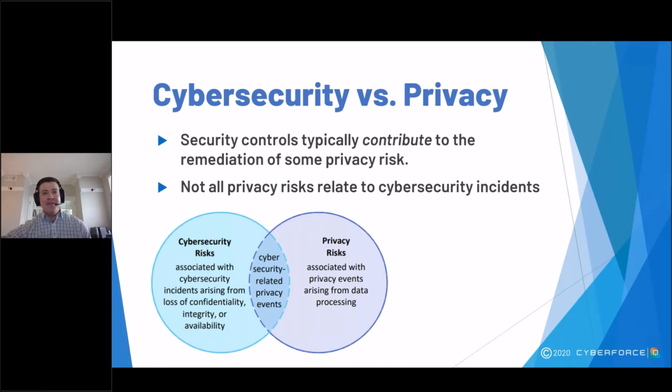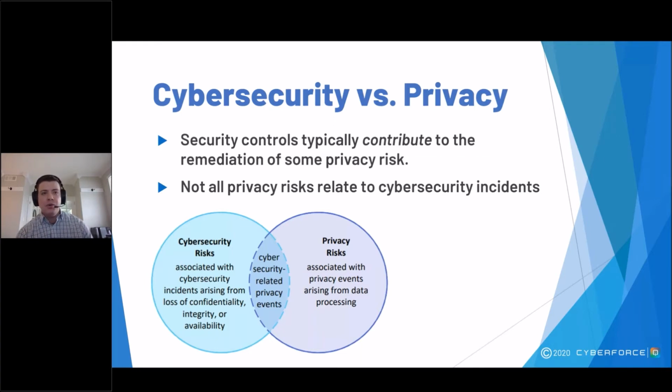Because we are talking about a privacy framework today, I thought it would be a good idea to discuss the differences between cybersecurity and privacy risk. The two concepts are very closely related, but they are in fact different. I'll start with privacy risk. Here, just about everything revolves around sensitive personal data. Some of the considerations here will be the type of data your organization stores about people, how it's used and how it's accessed, and what your retention requirements are for that sensitive personal data.